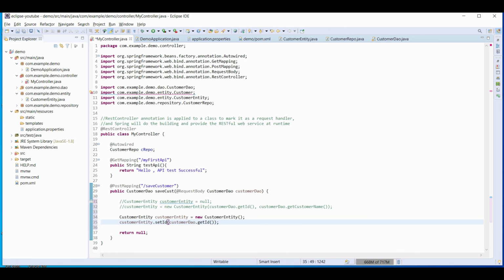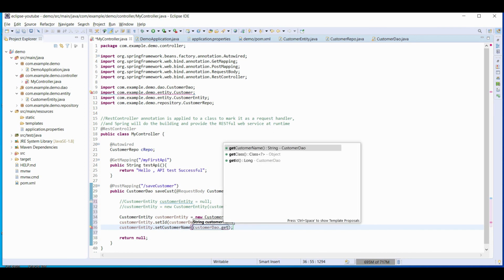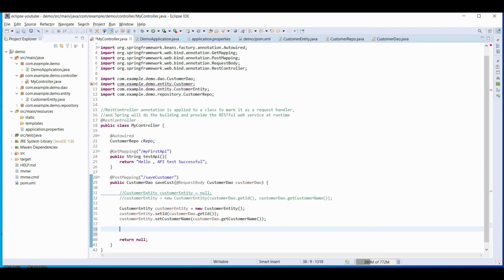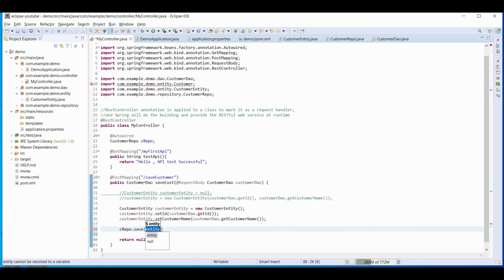We are just using getters and setters to map our data from the DAO object to our entity object. Let us do it for name: customer DAO dot get name. So we are ready with our object, and now we have to save this entity into our database. We'll make use of the repository object crepo, call the save method, and save customer entity.